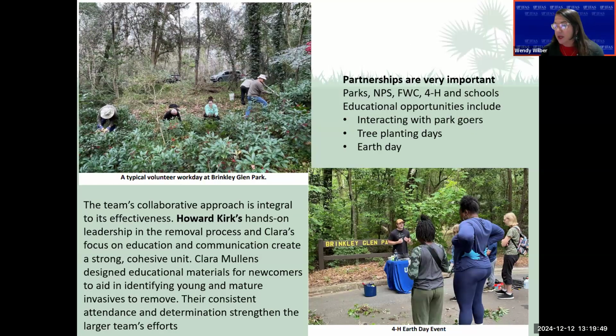So they scheduled work days that they could get together and help remove plants. Of course, they had to partner with the park system. The Native Plant Society was helpful in their partnerships, the Florida Wildlife Commission, 4-H and other schools, and they're not just free labor. They're not just out there removing plants to help the park be better. They use these removal days as educational opportunities. So they interact with park goers and talk to them about invasive plants. And then when they have tree planting days or Earth Days, they have events there to educate more about invasive